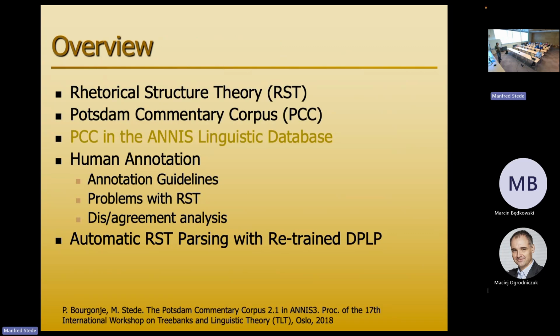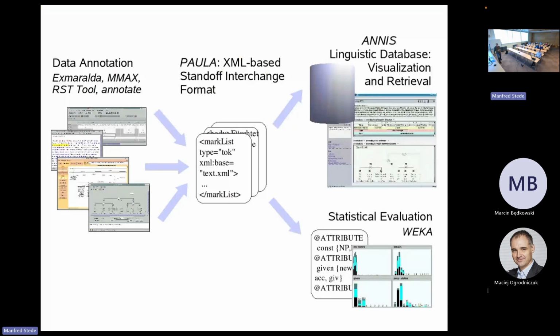Yeah, so there is a multi-layer corpus. We want to do something with it. For instance, we want to see the annotations and want to query them. So here are the different tools. This is, I think, syntax tree building. This is the eRST tool. This is coreference. This is Esmeralda doing information structural topic. Very different views, which make it easy to annotate the respective conceptual scheme. Very different frameworks, all based on XML.